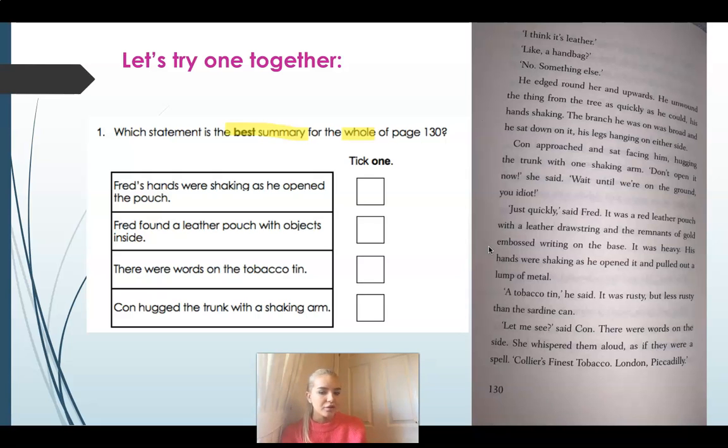There were words on the tobacco tin. Well, it only starts to talk about the tobacco tin here, and it only talks about the words here. And that here is basically when the whole of the page 130 is over. So I wouldn't say that summarises the whole of the page, would you? No. So all in all, we're thinking the leather pouch is the best summary so far, but we've still got